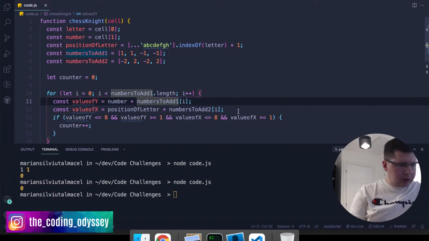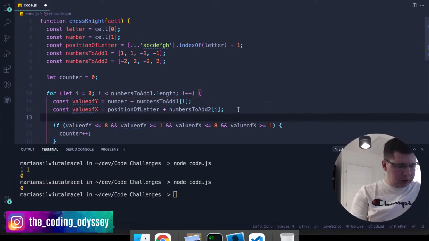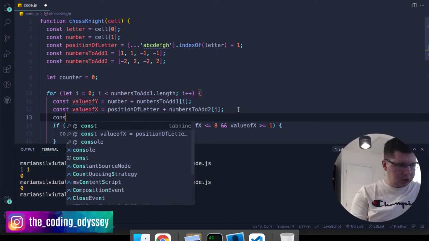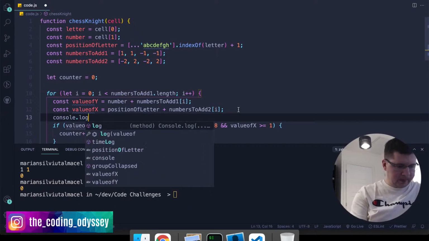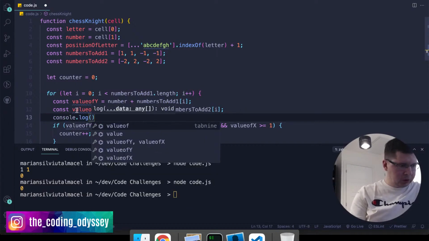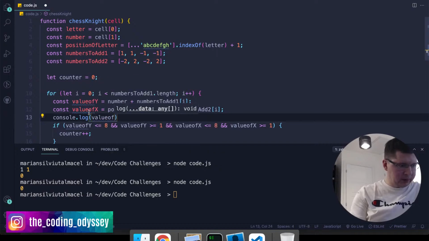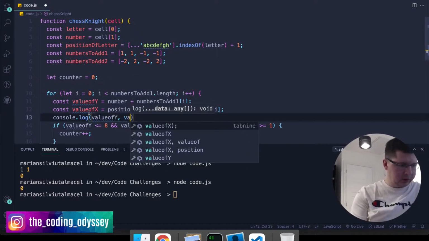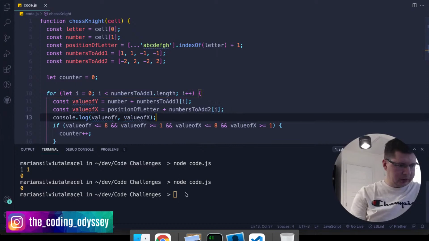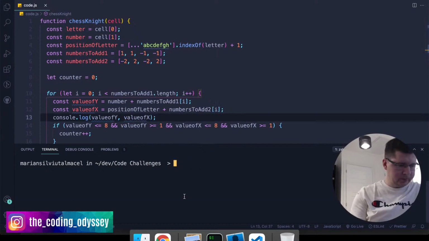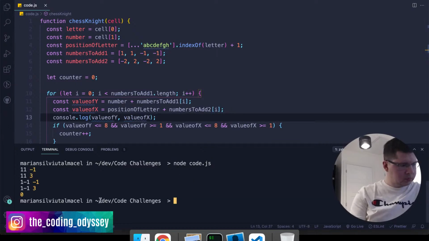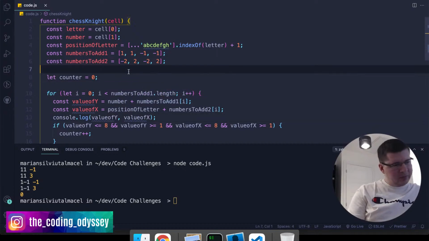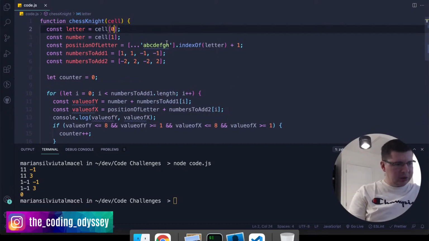What is going on here? Let me put these values here. Console log, and I'm going to put value of y and value of x. What? Oh, I see. Okay, so the problem here was because when we're saying that